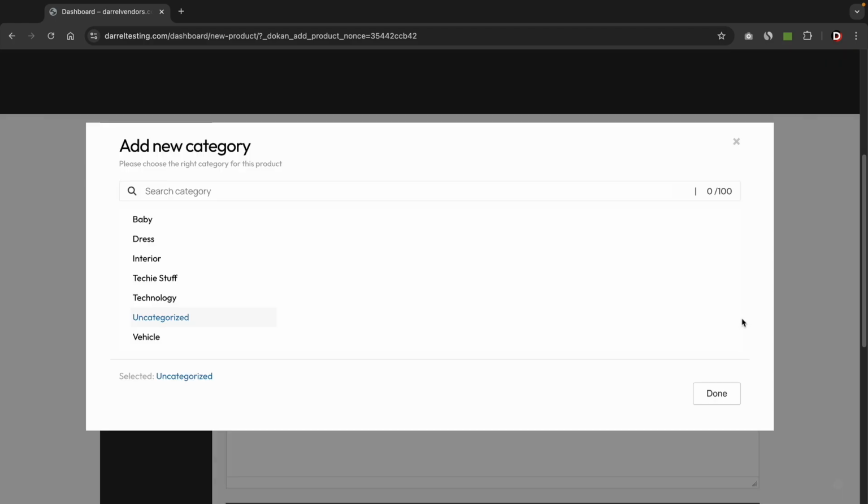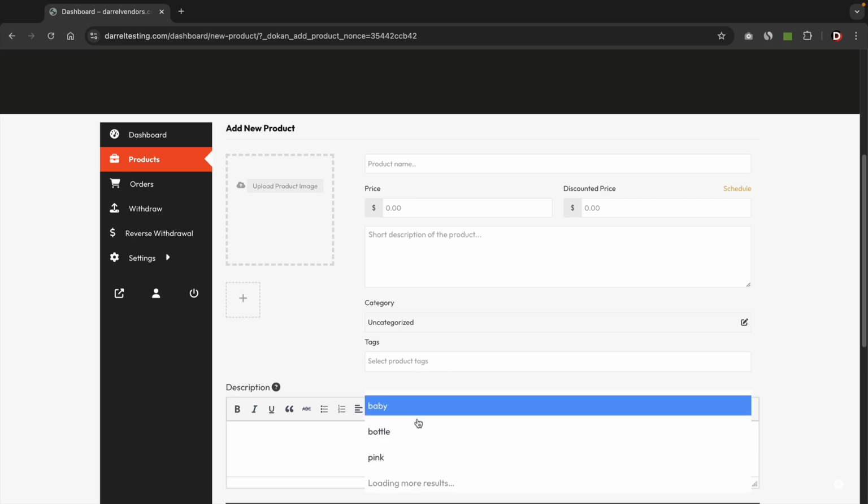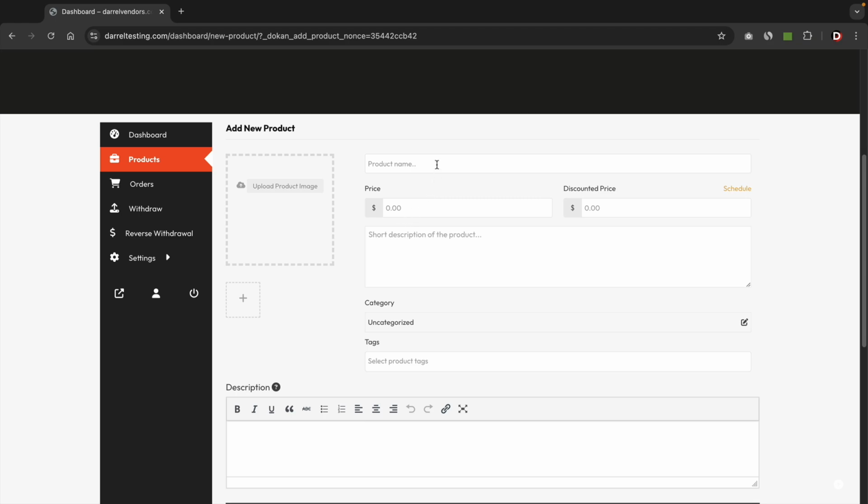Now, just remember, the categories are created by you. So you create the categories, and then the vendors can select the product categories they want. The same thing with tags as well. So they'll have to select the tag that you have created for them, and you can do this from the admin section, okay? So I'll go ahead and put in